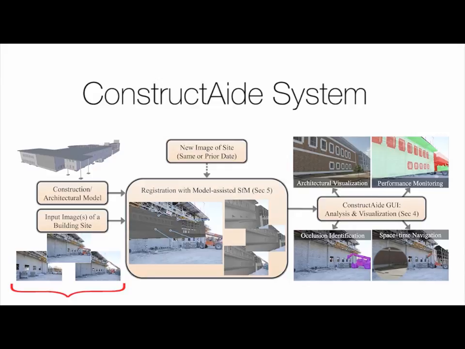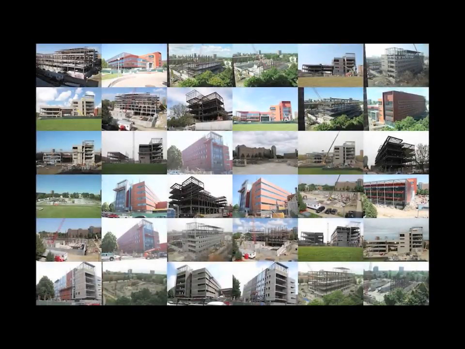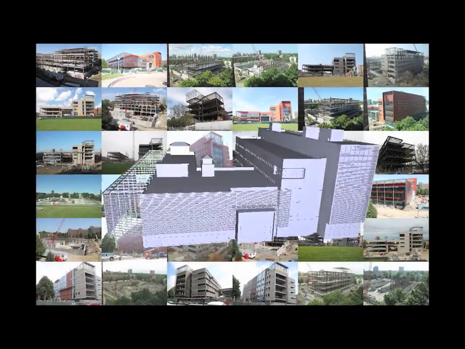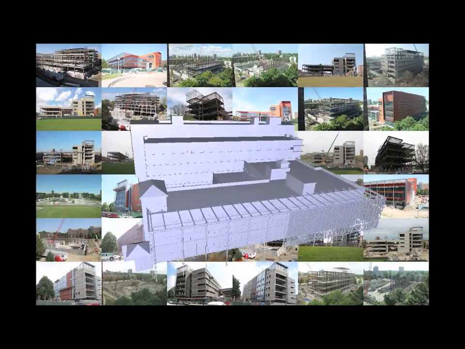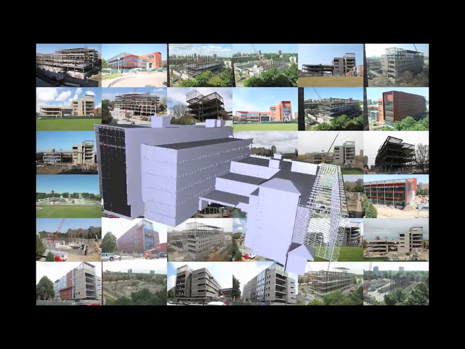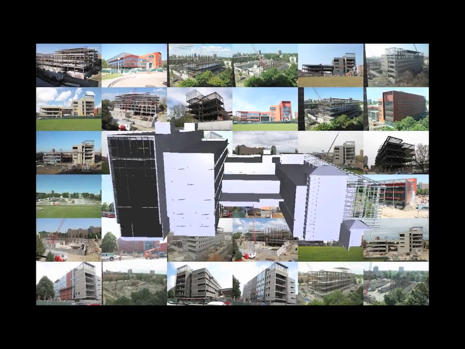Our system takes as input an unordered photo collection and a semantically rich 3D CAD model, often called a building information model. The 3D model is then semi-automatically registered to the photos through our model-assisted structure from motion procedure. The registered data is analyzed and loaded into our system where users can then navigate and assess the construction site. Here is an example dataset containing construction photos and a corresponding building information model. This data is readily available as it is common practice for field engineers, inspectors, and owners to collect many job